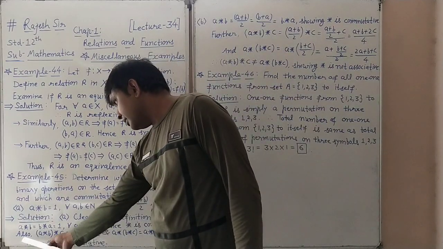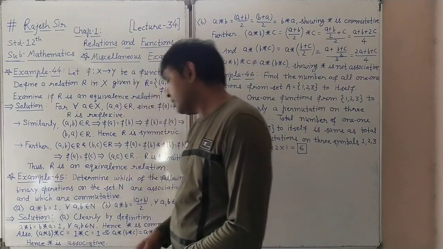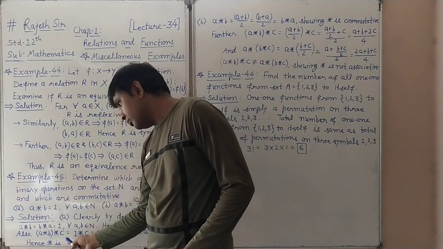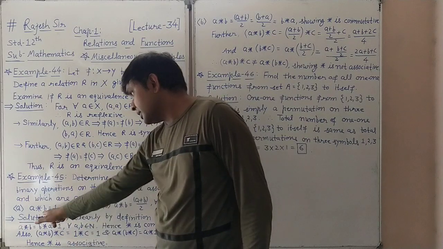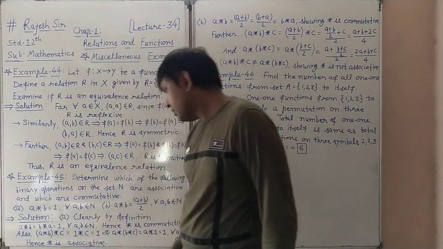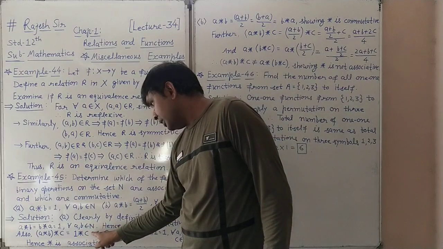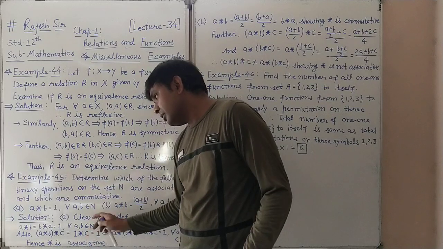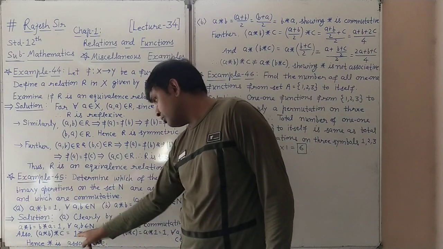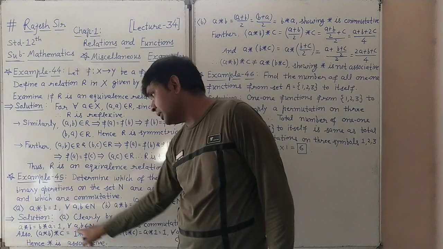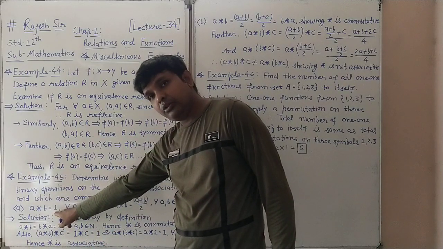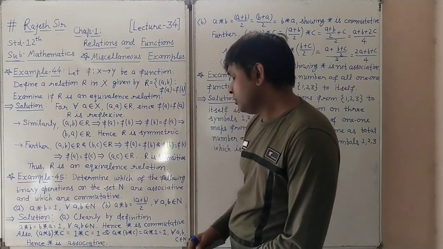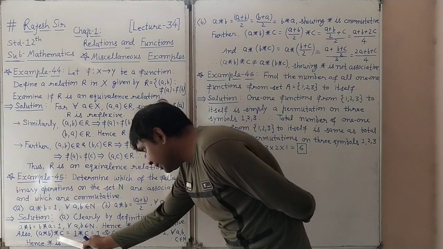For associative, what do we check? (a * b) * c. We are doing a * b first and then * c. So a * b equals 1, it is given. * c is remaining. For any a, b belonging to N, a is anything from N, 1 is also from N, and c we take belonging to N. So for any binary operation between two, it gives 1. This is the given defined operation. So 1 * c is also 1. And now the answer is, (a * b) * c is 1.